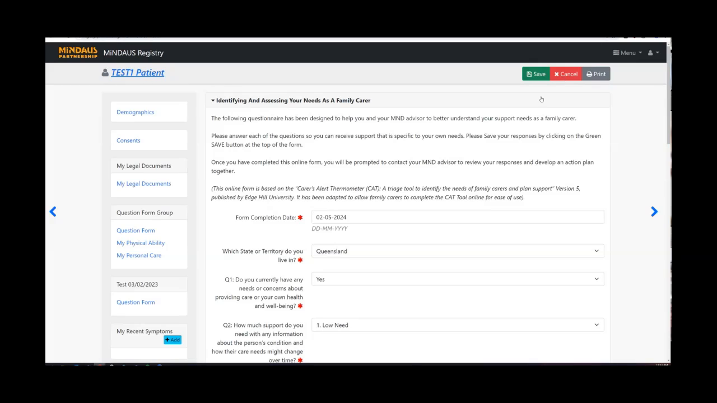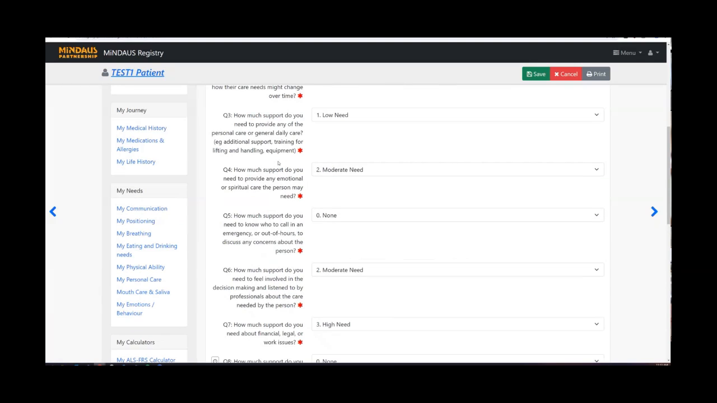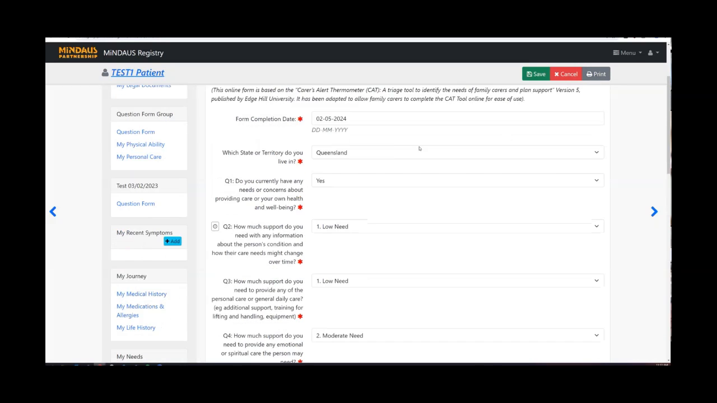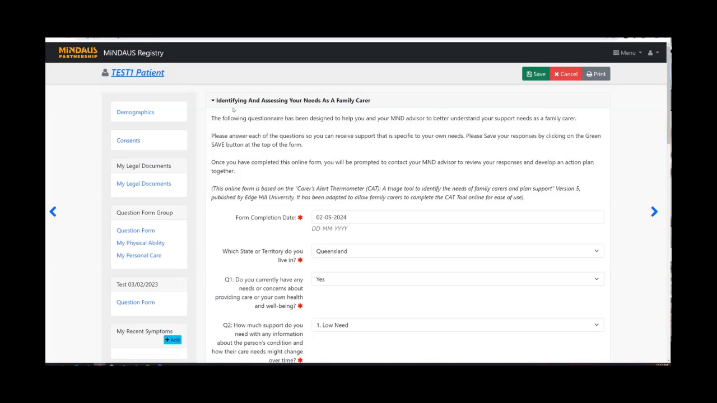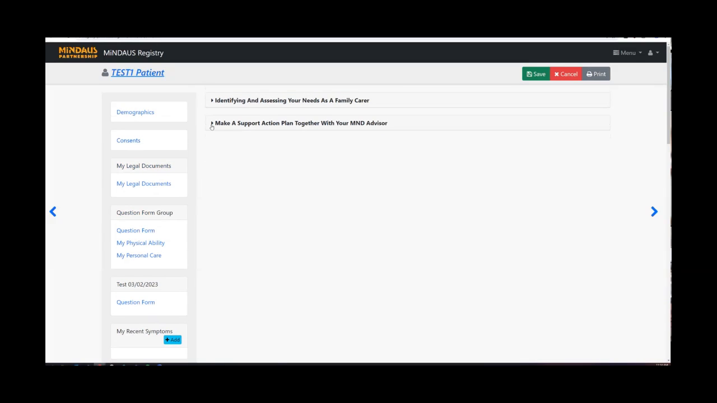Perfect. So once they've saved a form, it actually creates a record of the carer support need on that particular date. Once they've done that, they can choose to print the form as well, which would print as a PDF. And as I mentioned at the start, there are two sections. The first section is the questionnaire, and the second step of the process is